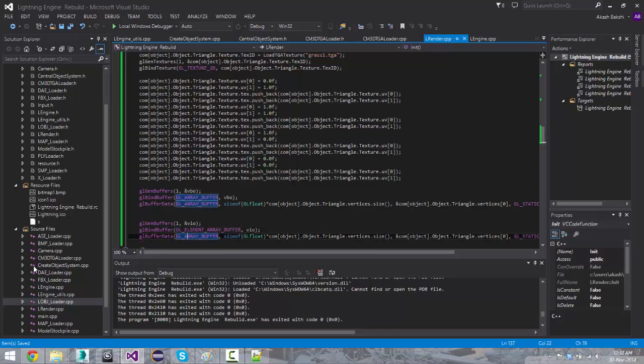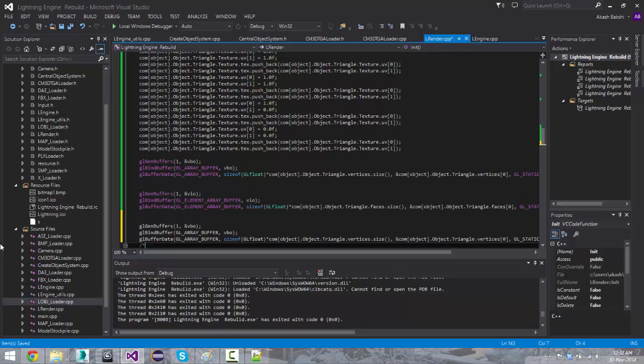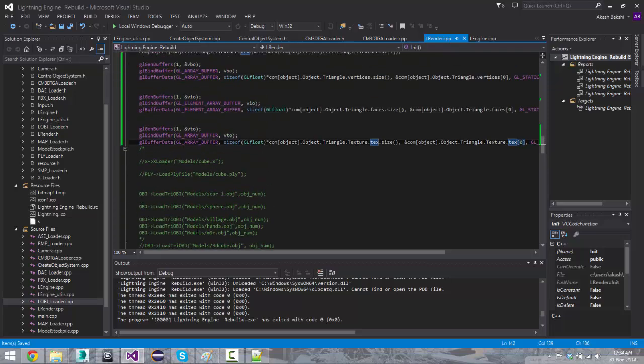except it should be element array buffer for this. One element array buffer, and this should be your indices, so mine's faces. And then the last one for your textures should point to your texture vector, sorry, not array. There you go, static draw, and this one's just going to be an array buffer. Once we got that,